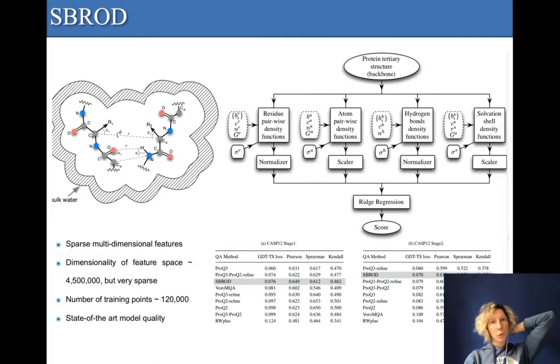The idea here is that you compute a number of properties on your tertiary structure examples. For example, residue pairwise density functions, atom pairwise density functions, hydrogen bonds. So you have descriptors. It's not exactly true to say that you don't have a priori, because you have some descriptors that are linked to the chemistry, to the object you're looking at, of course. And you integrate all these parameters, with a normalization or scaling step, and then you use, for example, ridge regression to end up with a score, which will indicate the quality of the model you're looking at. So the local quality, and then you aggregate these local scores